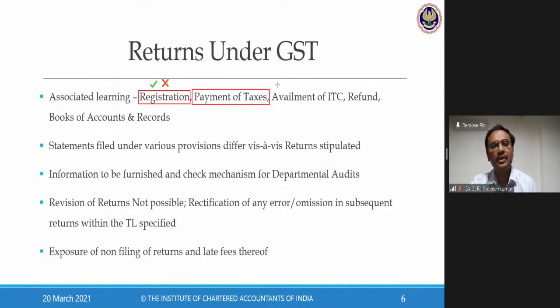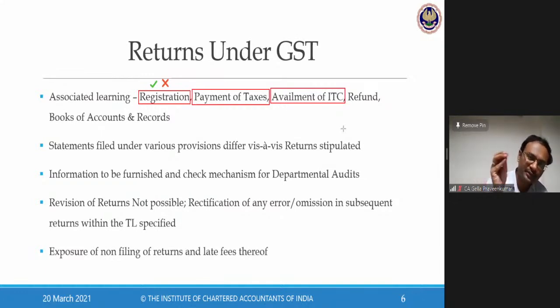Next aspect is my important availment of input tax credit. For all, please make a note in your working note: Section 41, availment of input tax credit on provisional basis. So if I have filed my return, the input tax which you have shown in your GSTR-3B shall be credited to your electronic credit ledger, right? So provisional basis, section 41 talks about that. Whenever you file your return, you will avail your ITC. If you don't file your return, there is no concept of availment of input tax credit.